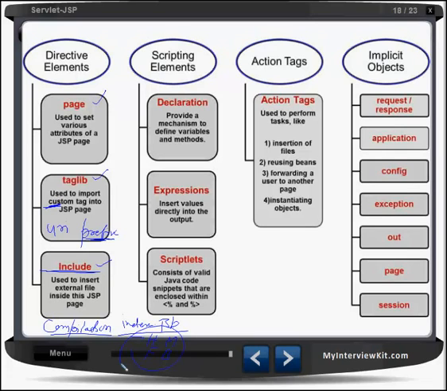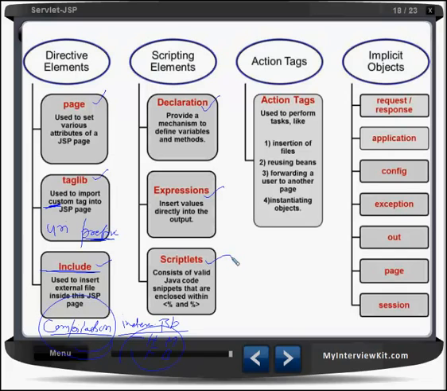So what it will do, it will take data from the header.jsp, it will take data from the footer.jsp, combine it, make it one single file, then compile it and make servlet. So this is compile time include. Okay, remember it.